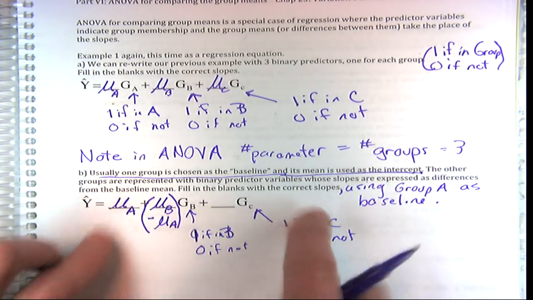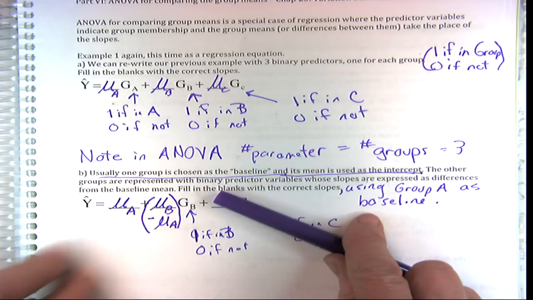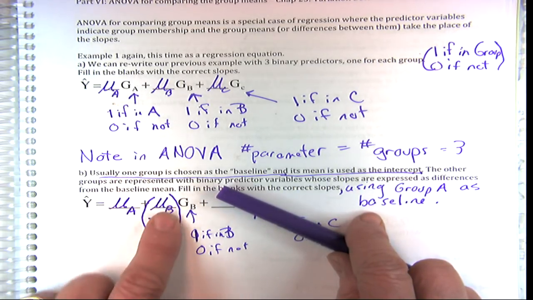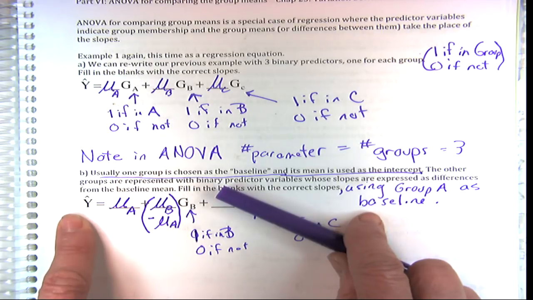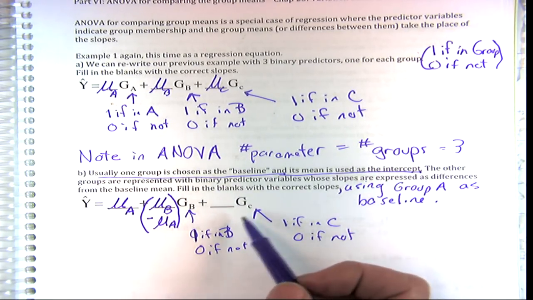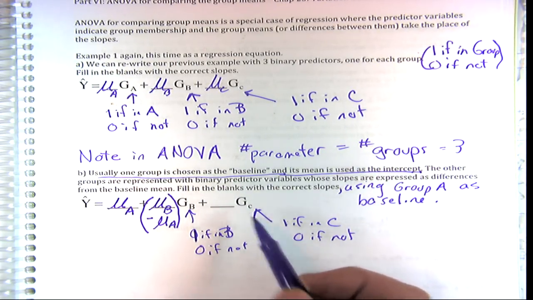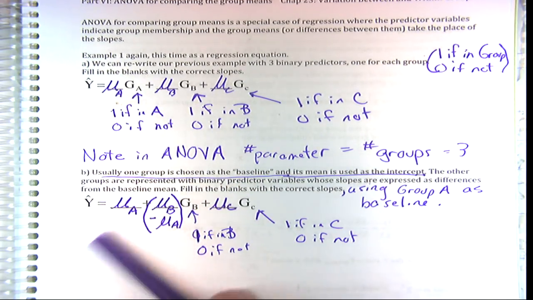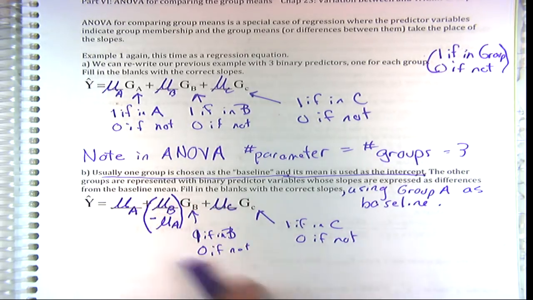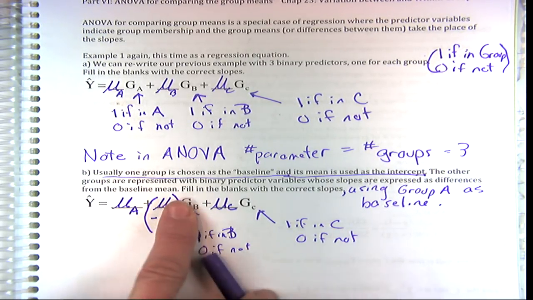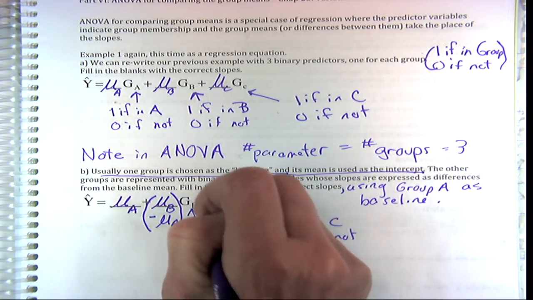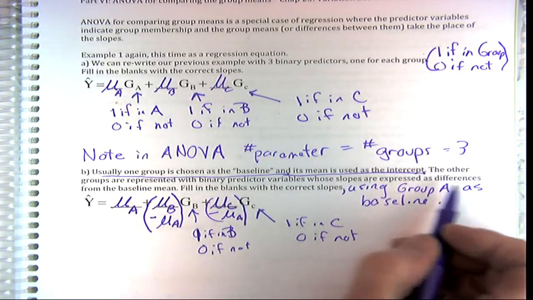Then we get, this is 0, these subtract off, and we get GB is a 1, and we get the right mean for that. How about if you're in group C? If we just did C, well, this turns to 0, because you're in C, you've got a 0 for B, but now you still have to subtract off group A. So that the slopes,